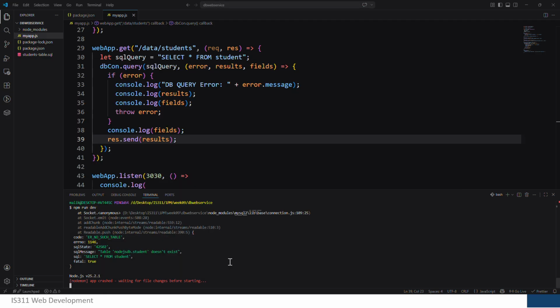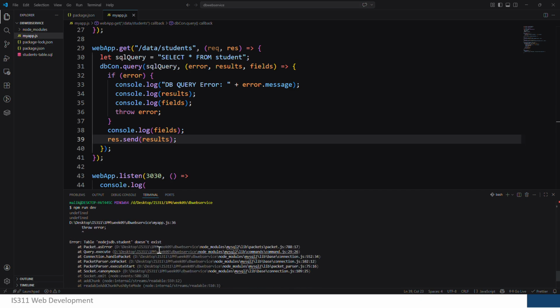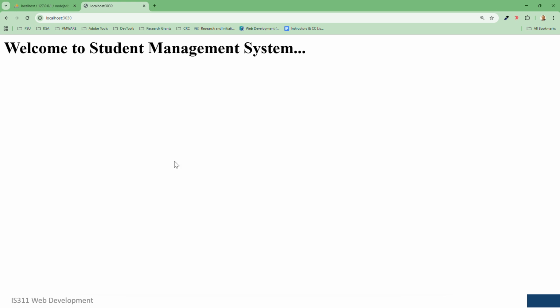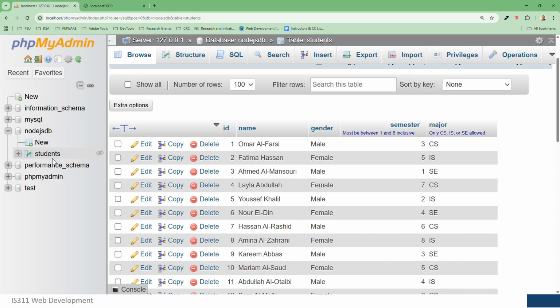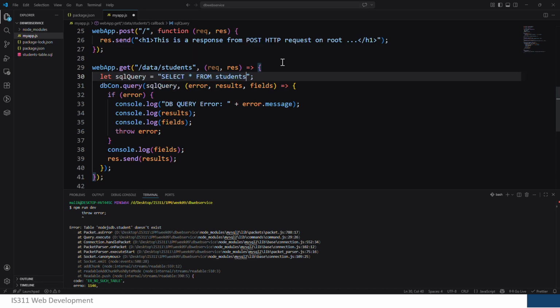Okay, and what is the error? So let me see in my command prompt what the error is. It is a throw error from Node.js DB: the student table does not exist. So what is the name of the table here? I made that error deliberately so that you can understand. If I go back here, we have a students table, not a student table. So if I give the wrong spelling or the incomplete spelling here, it fails. Now if I make it students, and go back,